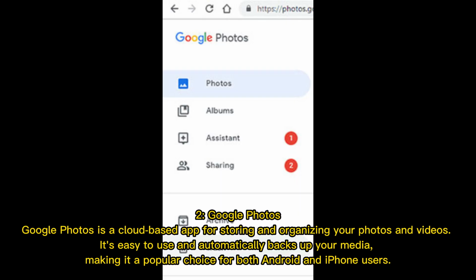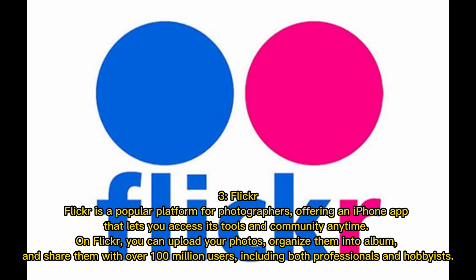2. Google Photos. Google Photos is a cloud-based app for storing and organizing your photos and videos. It's easy to use and automatically backs up your media, making it a popular choice for both Android and iPhone users. 3. Flickr. Flickr is a popular platform for photographers, offering an iPhone app that lets you access its tools